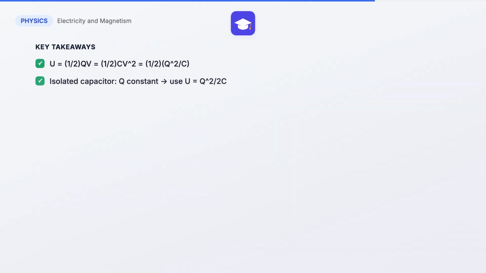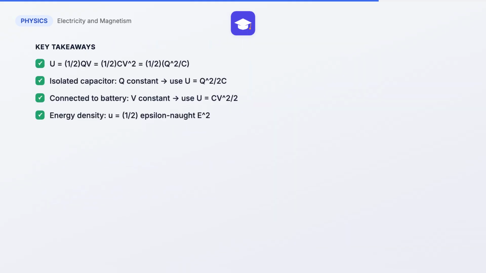Let's recap. The energy stored in a capacitor is U equals half QV, with three equivalent forms, half CV squared and half Q squared over C, depending on which quantities are given. The key distinction that trips up most students is isolated versus connected. An isolated capacitor keeps its charge constant, while a battery-connected capacitor keeps its voltage constant, and choosing the matching formula